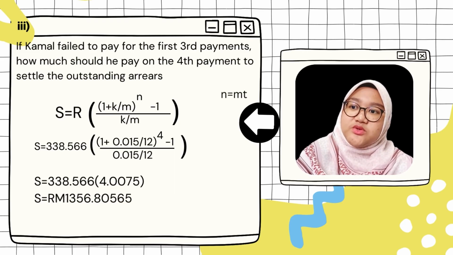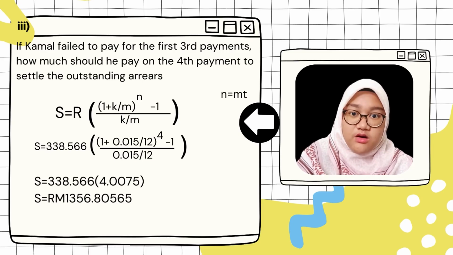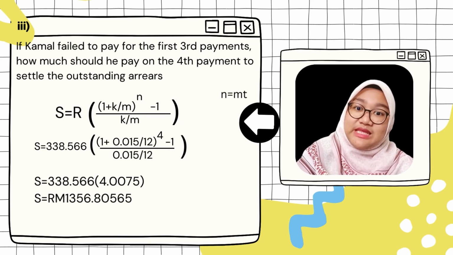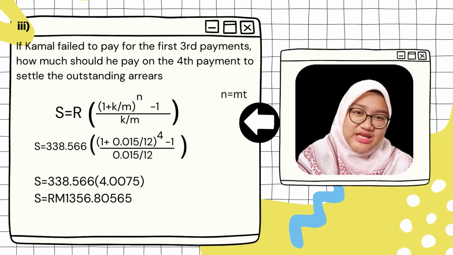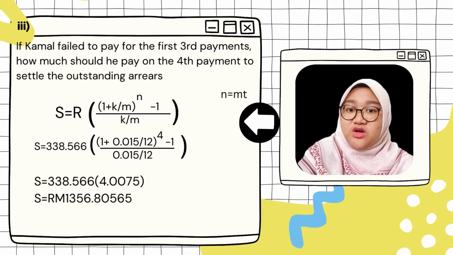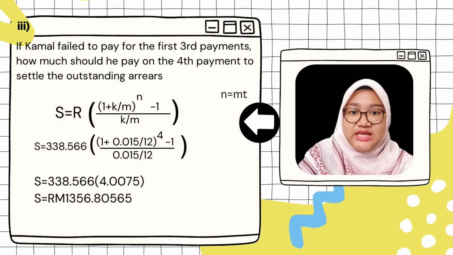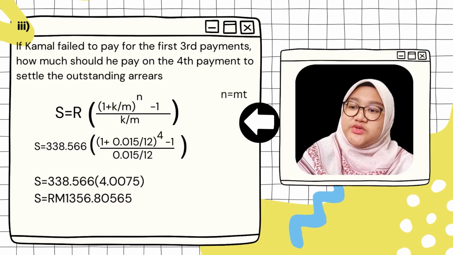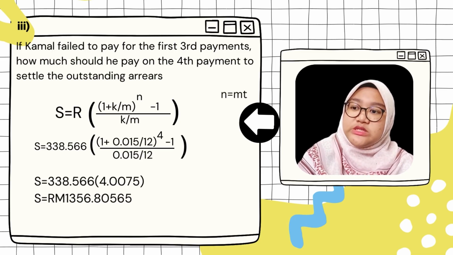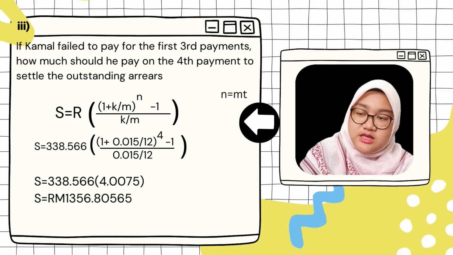So why is N 4? It is because Kamal needs to pay more than the total payment that he makes because there is an increment in interest charge. Since Kamal failed to pay the first 3 payments, he needs to pay the outstanding balance on the fourth payment. So that's why N is 4. You just need to insert the values into the formula. So the total that Kamal must pay is